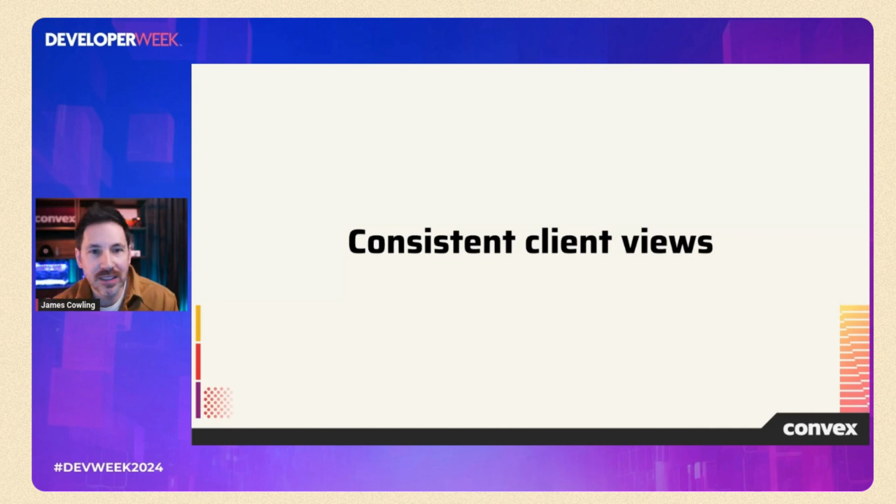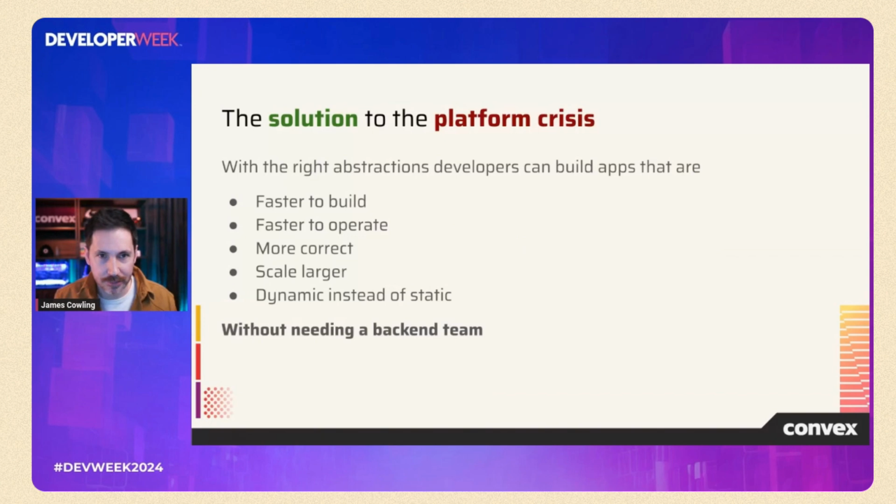So Convex supports something called consistent client views. The platform knows you have two active subscriptions for a given client session. This ensures that they all update in lockstep. It always sends updates to any subscriptions over a WebSocket in a fully consistent order. So React will just update both of these atomically. You'll never see a situation where one component updates before the other. And this is true end-to-end consistency. And it's there so developers don't have to think about stuff. They can just focus on building applications. Don't think about data races, just think about calling functions.